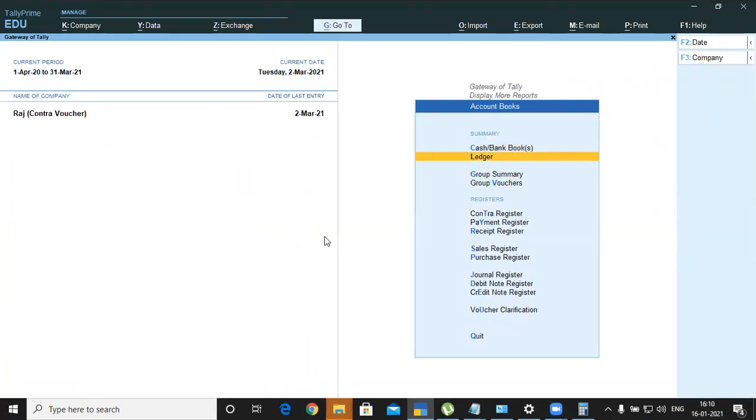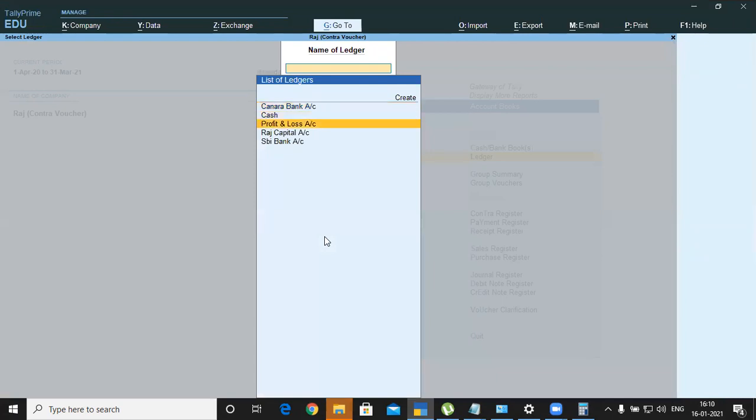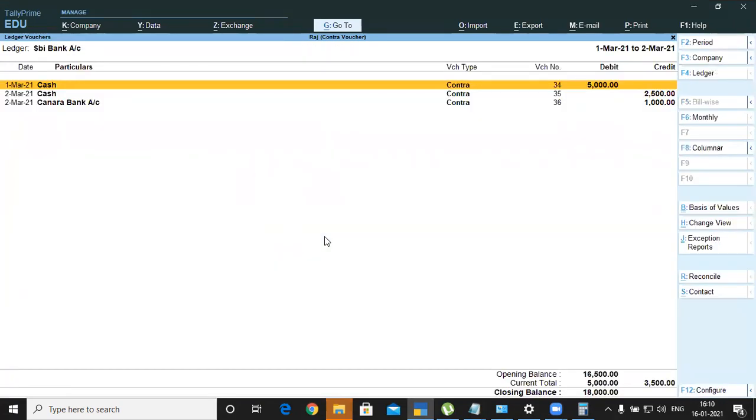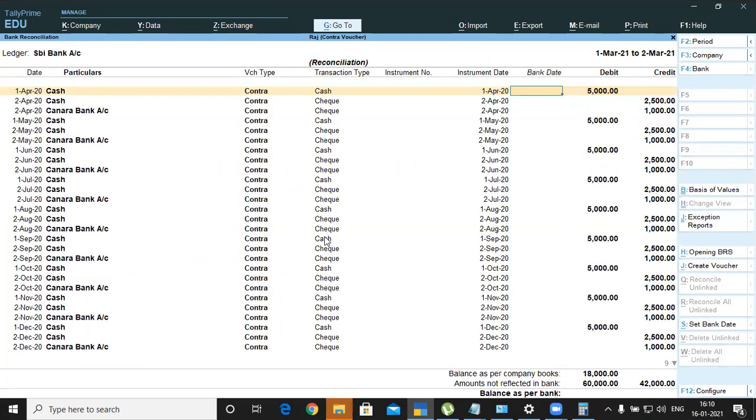You can go to ledger and select SBI bank. Okay, and press Alt R and enter bank date. So Alt R is the reconciliation shortcut key. Okay, this is one method.